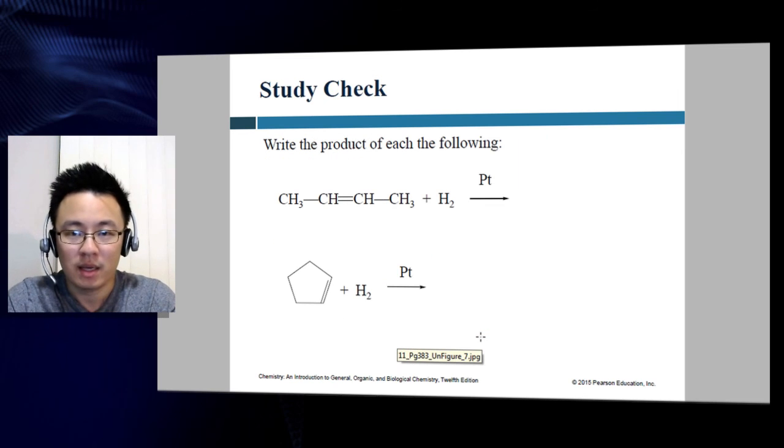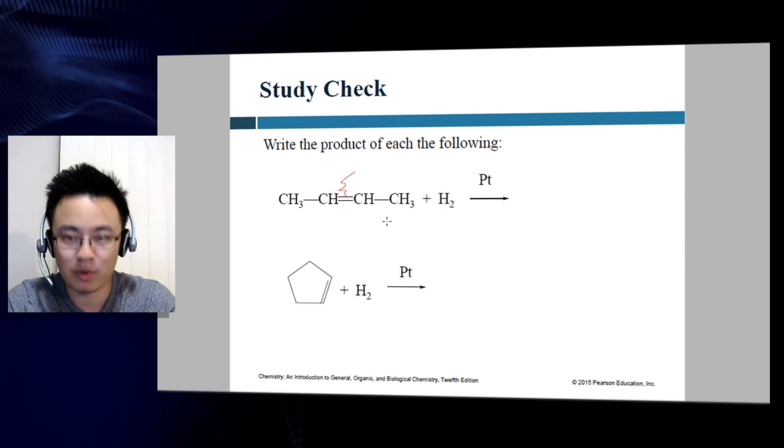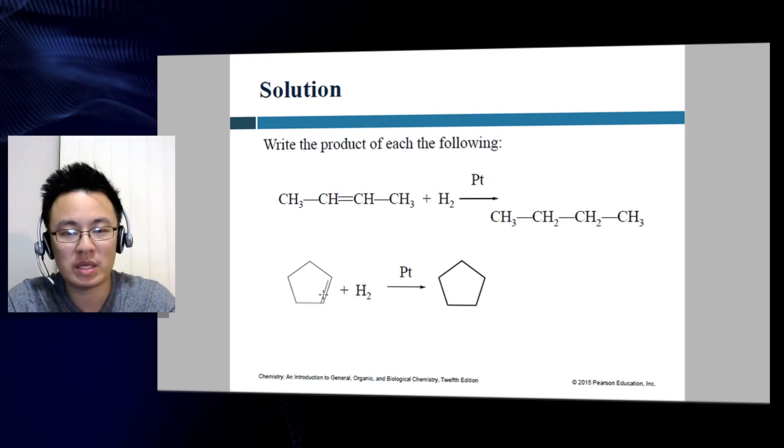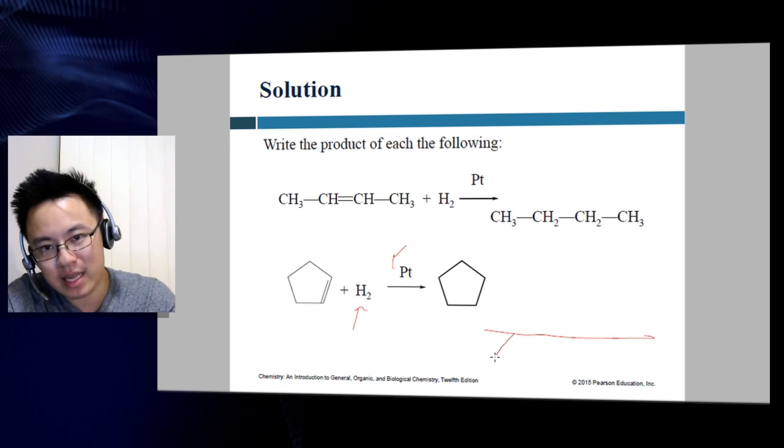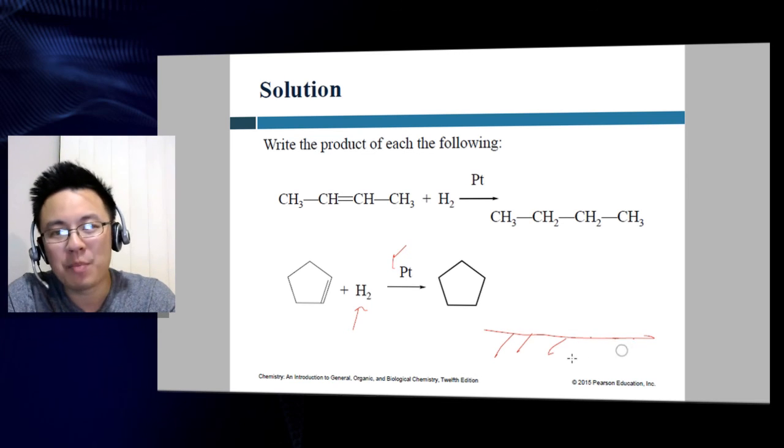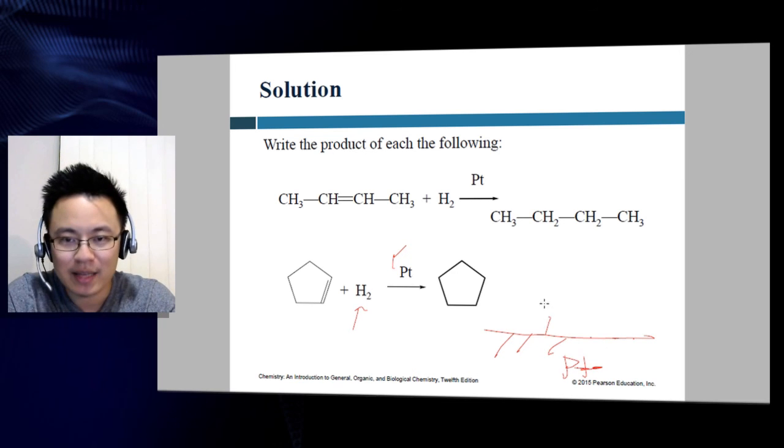Okay. In the addition of platinum, this bond will definitely break, therefore forming single bonds. And same thing here with the cyclopentene, adding hydrogen gas in the presence of platinum will definitely form that single bond. Now here's the thing though, what you are not seeing is that in this reaction, it is a platinum plate, and this platinum plate, or nickel, whatever, has hydrogen